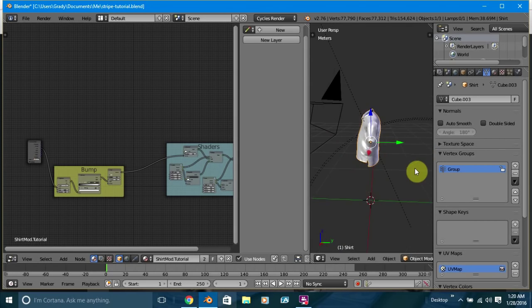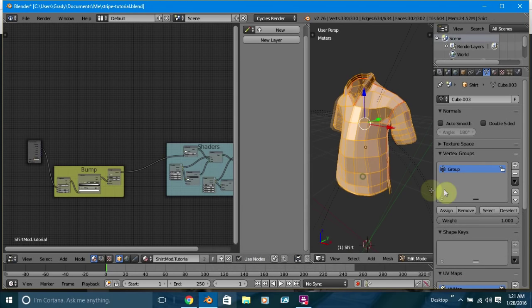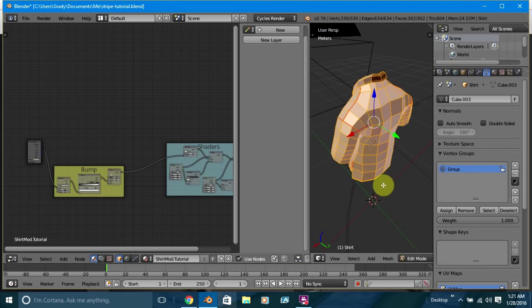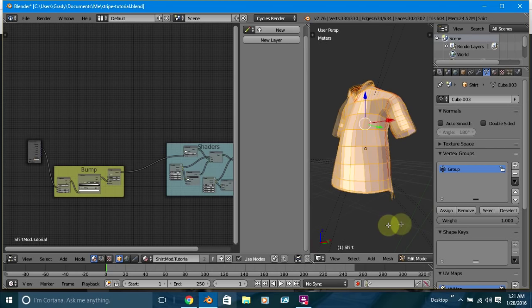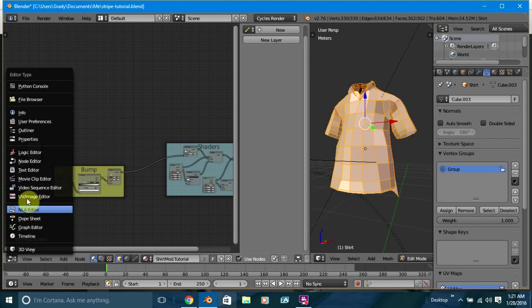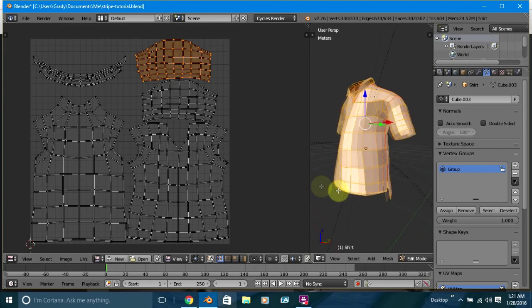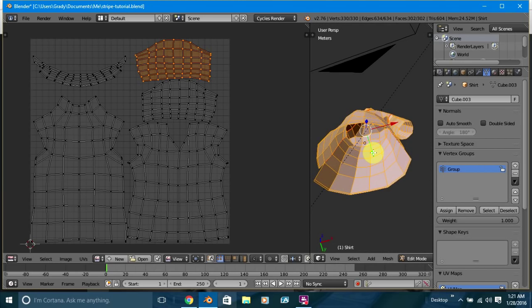One other thing with the shirt is that I have done seams on it. Setting up seams and unwrapping isn't necessary for every object that you come across. You can use this without doing it. But for something like a shirt or a pair of pants or something like that,